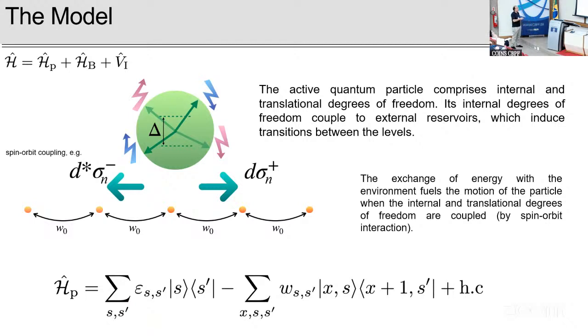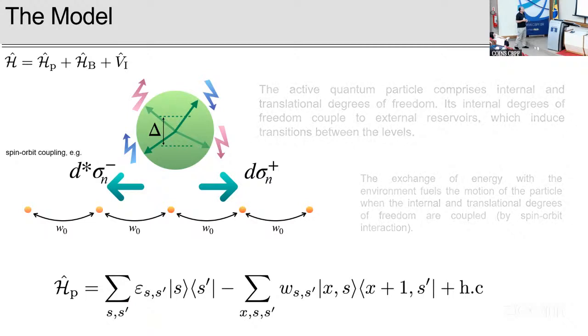Let me give you a specific example of this term. Just imagine that you have two levels for the moment, and your spin-orbit coupling is such that if you have a transition up, you move to the left. Okay, it moves that way, and if it goes down, it goes in the opposite way. It's as simple as that. But something very important is that